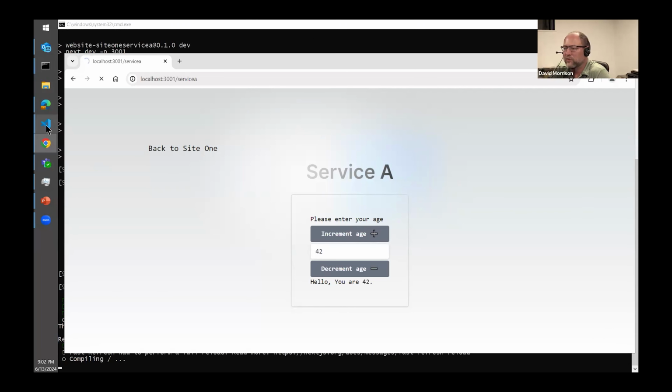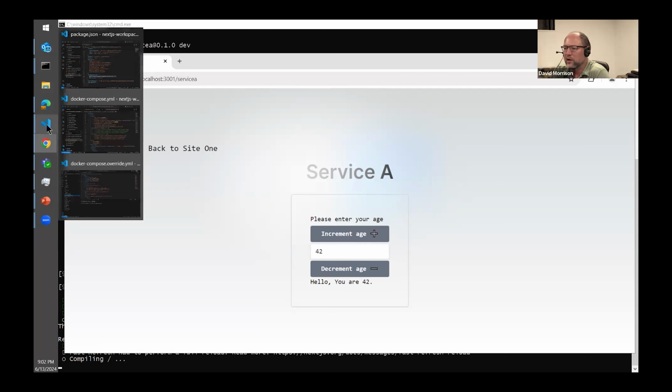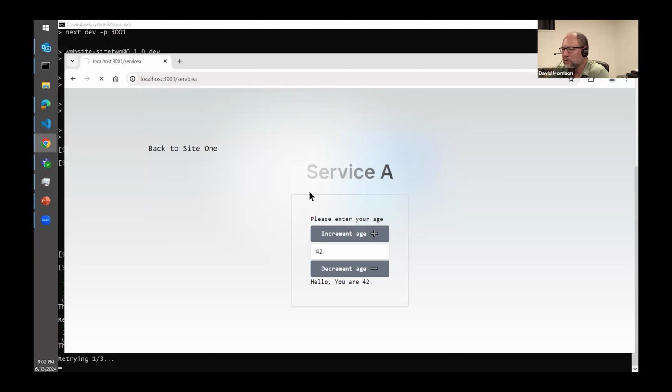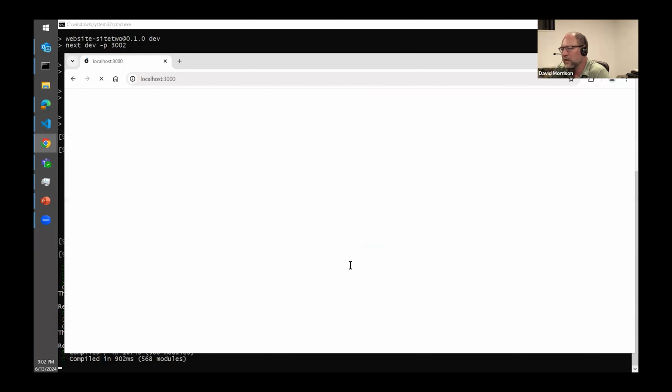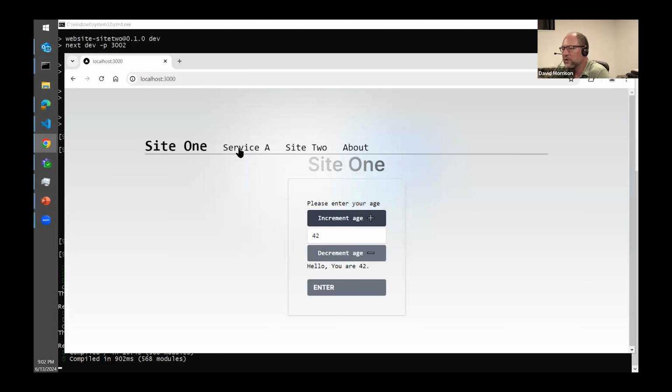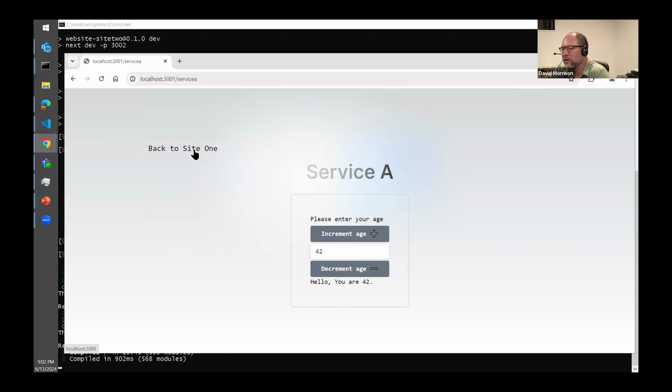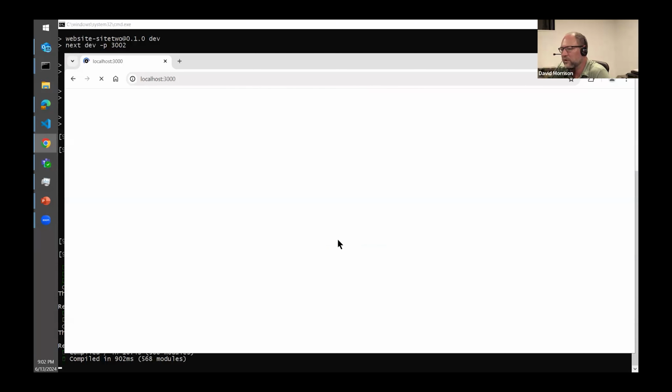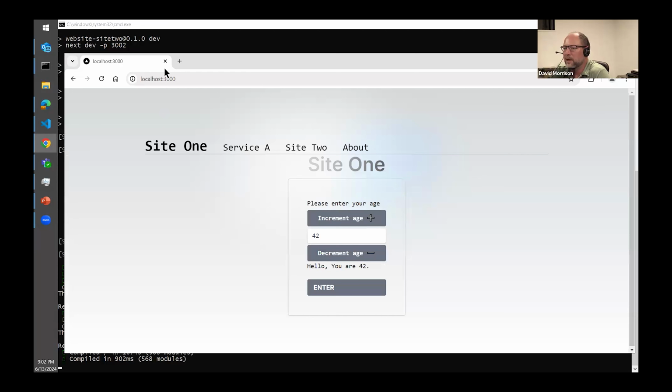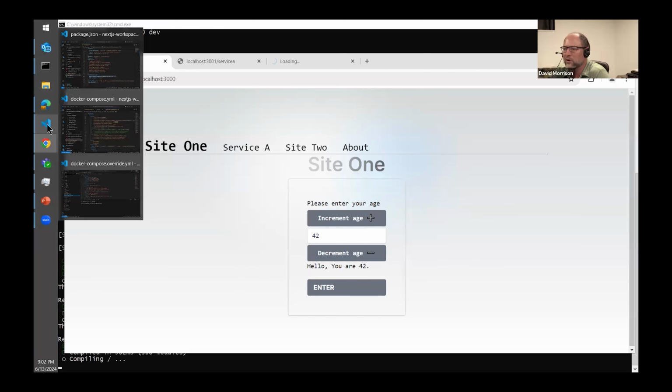So let's show an example real quick of working on one component across these multiple sites. If you'll notice in the middle of the site here, I've got one component that's very basic, like an age gate component. If I bounce between the different sites and services, you'll see that all the components are the same across all the sites. As a demo, I'm going to open up all the different sites in different tabs, and we're going to see how fast they update when we make a change.